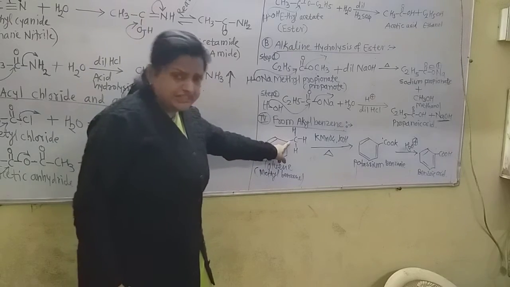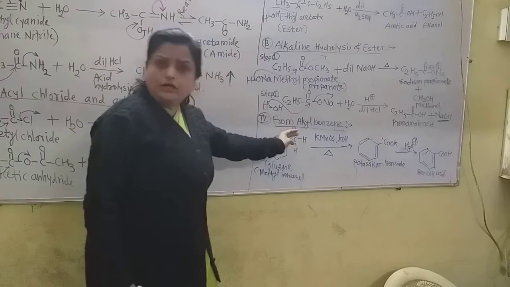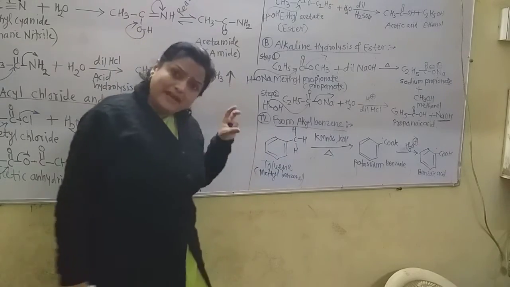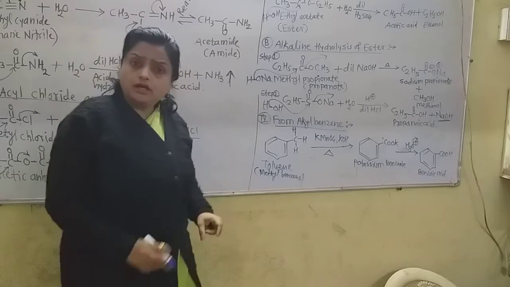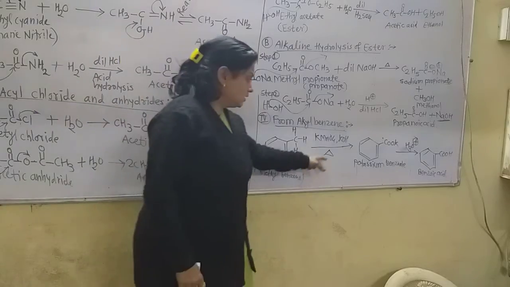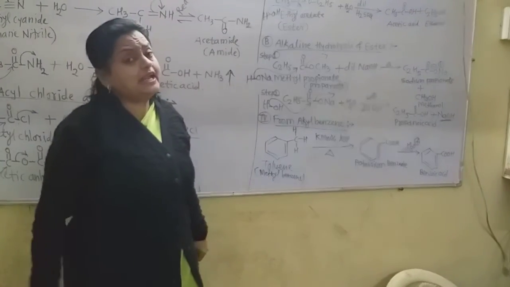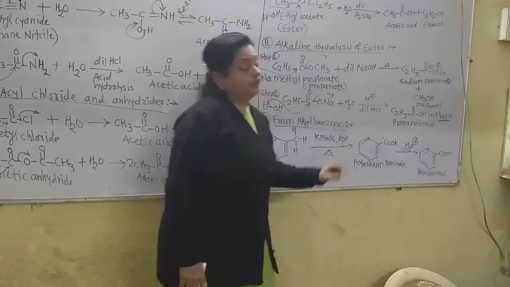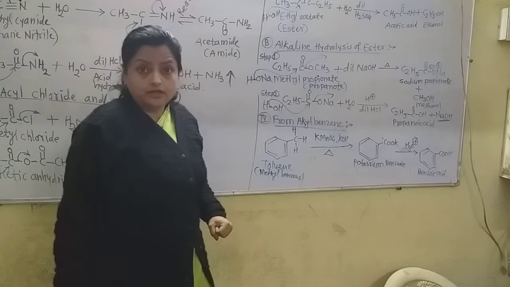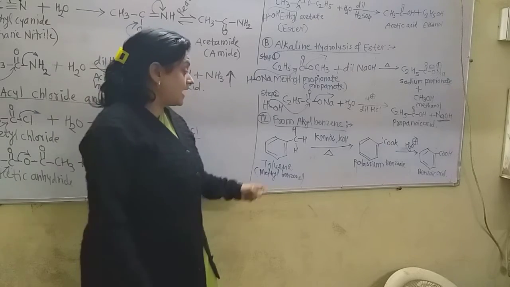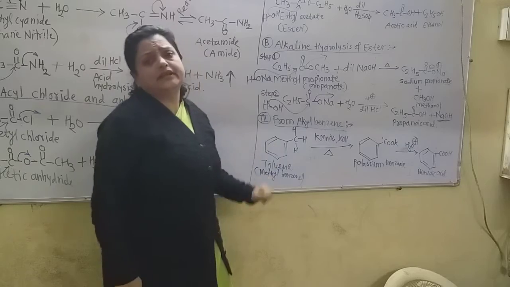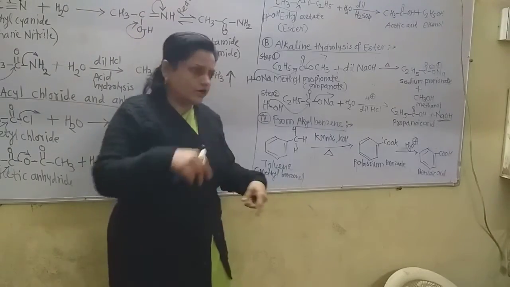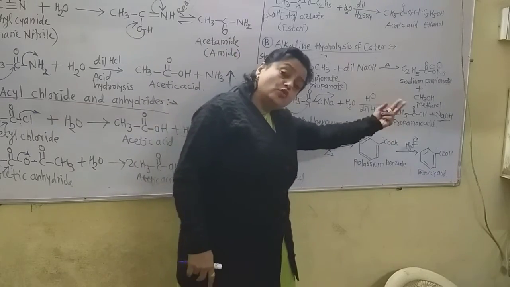If there is an ethyl group or butyl group or propyl group, any alkyl benzene, in the first step it reacts with this alkaline KMnO4 by heating and is converted into potassium benzoate. Remember that very important point. In JEE they may ask, suppose ethyl benzene, propyl benzene, or butyl benzene is given, give this reaction: what is product A, and on acid hydrolysis what is product B.